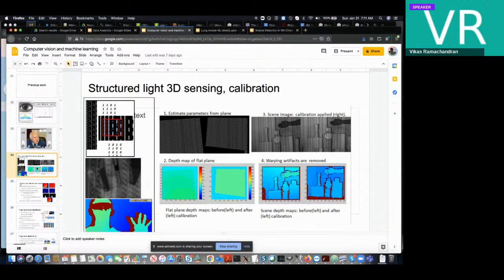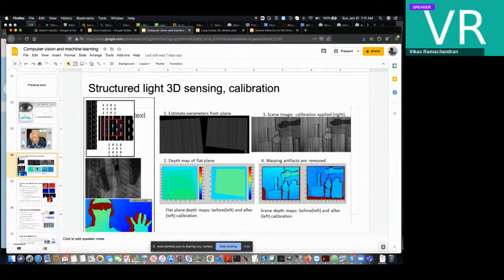So this is some of the work I did on structured light and depth sensing. Mainly the idea is when you have two cameras or you have a projector and camera system, you can reconstruct the 3D depth map, which would essentially be useful for a number of applications. And some of the applications basically we have is gesture recognition, and also detecting the 3D structure of your face and so on. So it is being used, some of this is being used in products on cell phones right now,